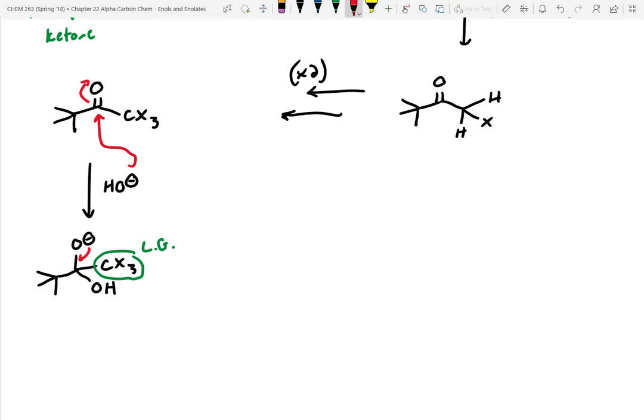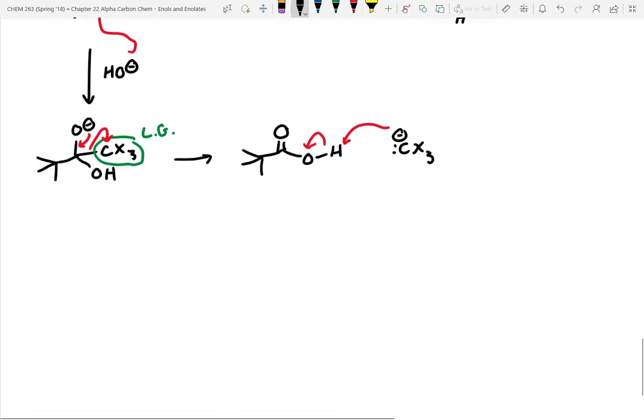So in this next step, it's going to clamp down, eject off our leaving group. You end up making a carboxylic acid, and then this carbanion that you kicked off, that was our leaving group. Before anything can occur, this is really, really quickly going to steal its proton back from the carboxylic acid, so you can't really stop there. O minus plus